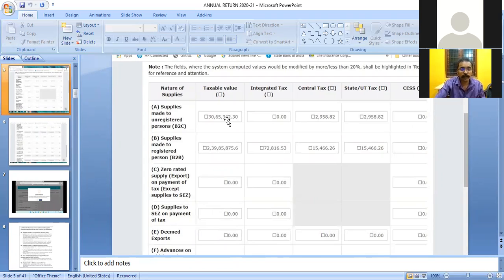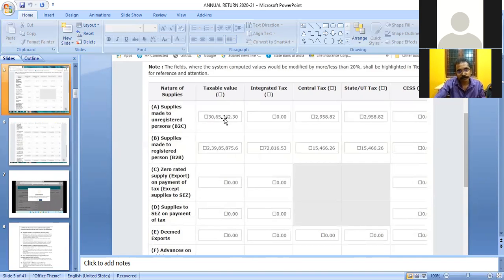We are of the assumption that the values in GSTR1, GSTR3B and books of accounts match with each other. They are one and the same, but it is not like that. The value in GSTR3B is different from the value in GSTR1, and it will be different from the value in books of accounts. It is a practical situation we are facing daily.